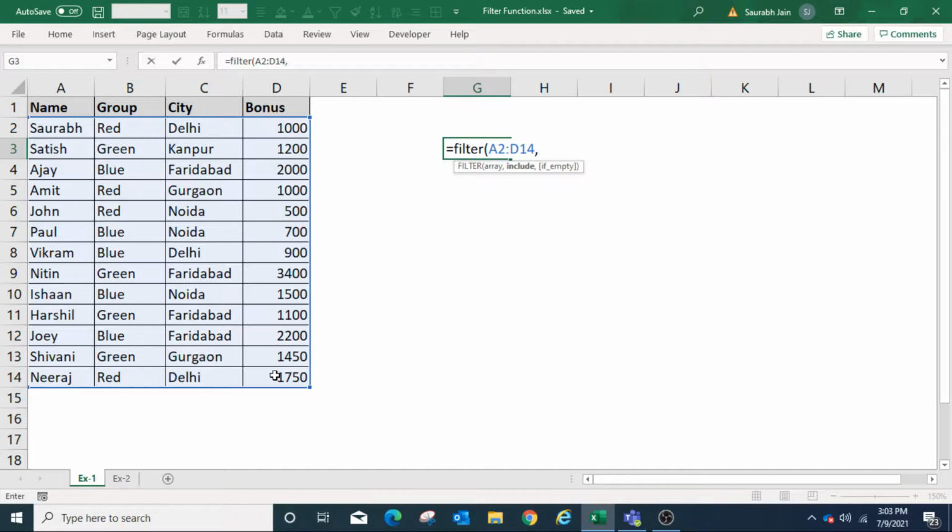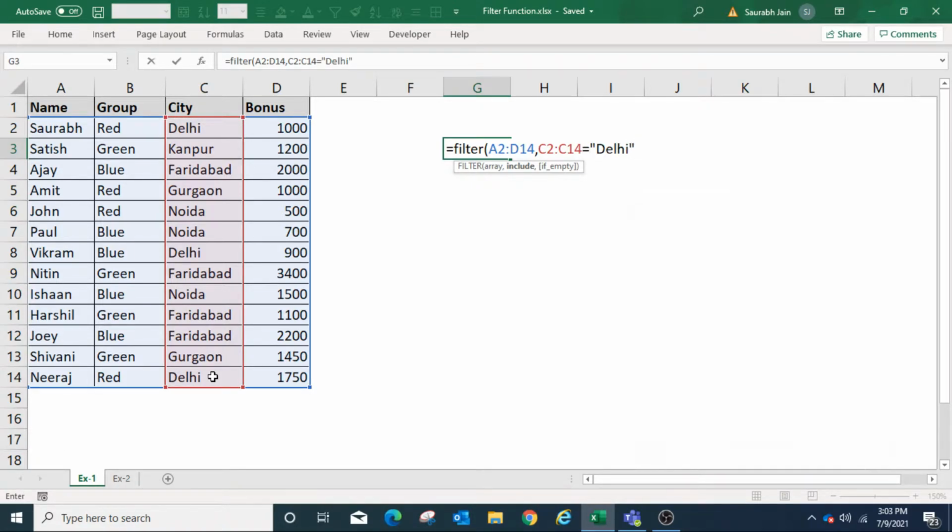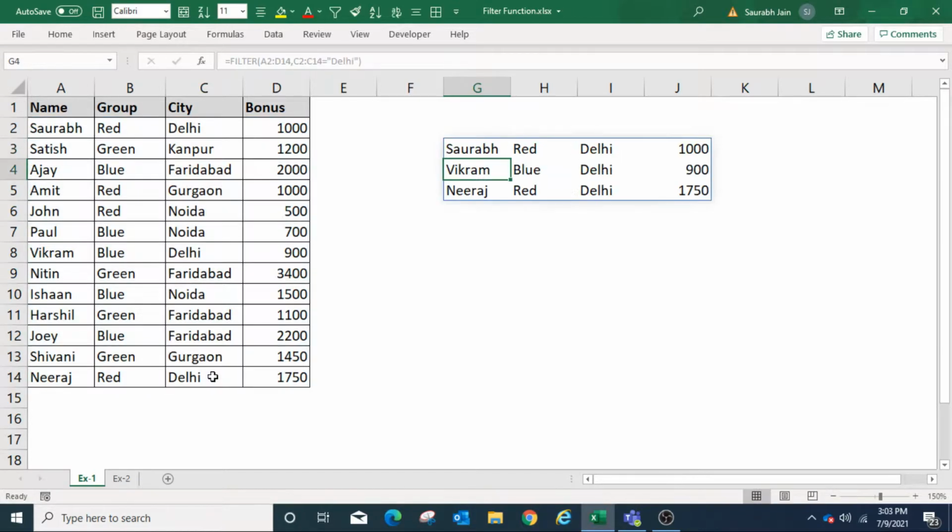So to show the data where column C contains Delhi, select C2 to C14 equals to, and type "Delhi" in double quotes. Closing bracket and press enter. The function will return an array having data where the city is Delhi.